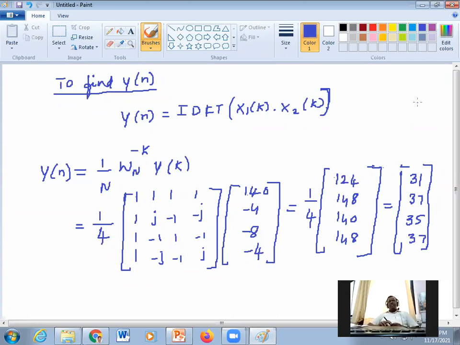Right? So this is how we perform the DFT IDFT method. Please note down one question and try it afterwards, so that you will get practice on that part. Hope everyone understood here.